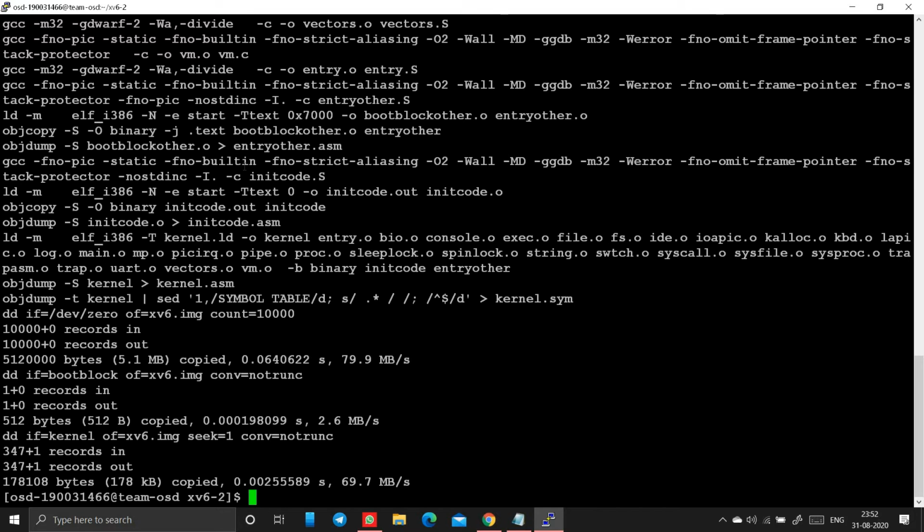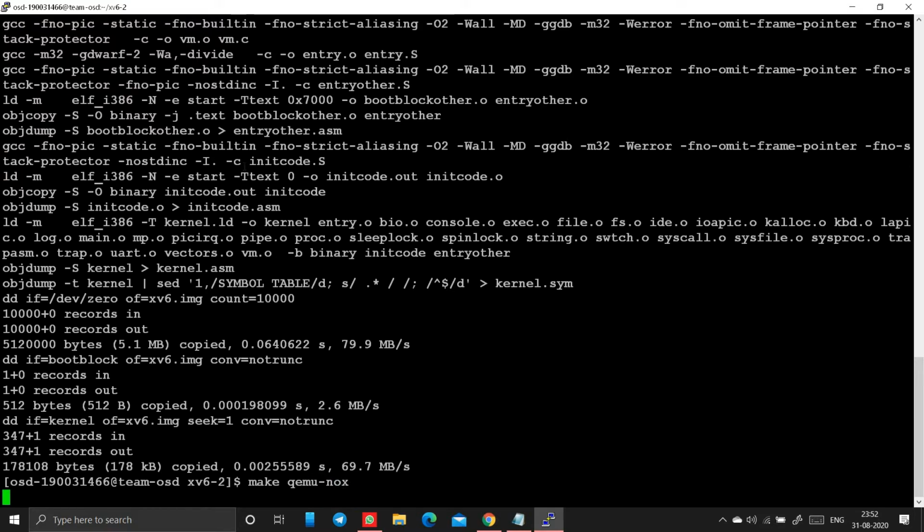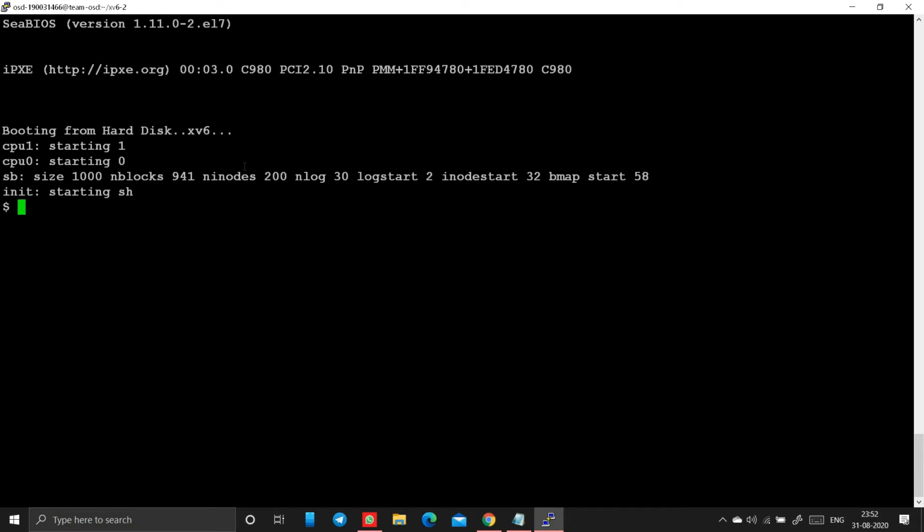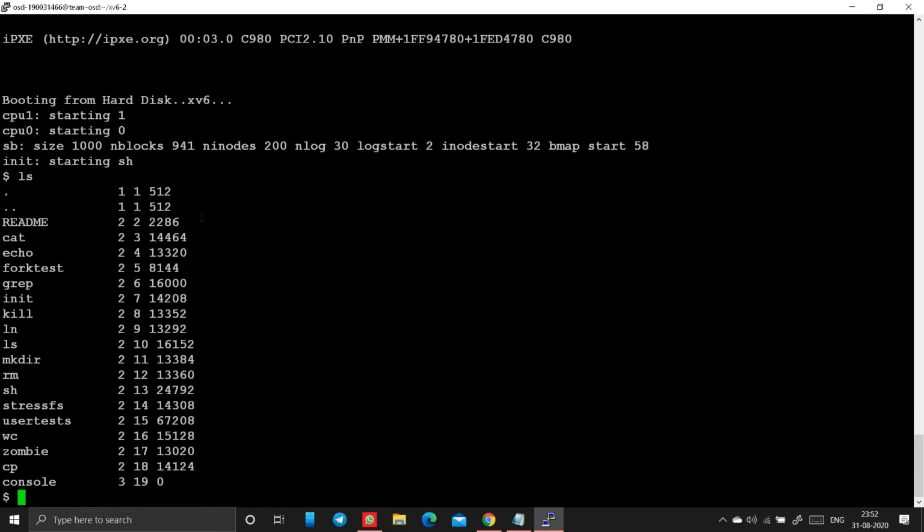Then now we have to check whether our file is compiled correctly or not, right? So make qemu. QEMU is an emulator which is used to check the compilation and also to run our cp command. Okay, see here our code is compiled successfully. Now we'll list all the files which can be executable. Okay, these are the commands which are present till now in our xv6. Okay, cp, see here cp command is added in this, so we'll use that.